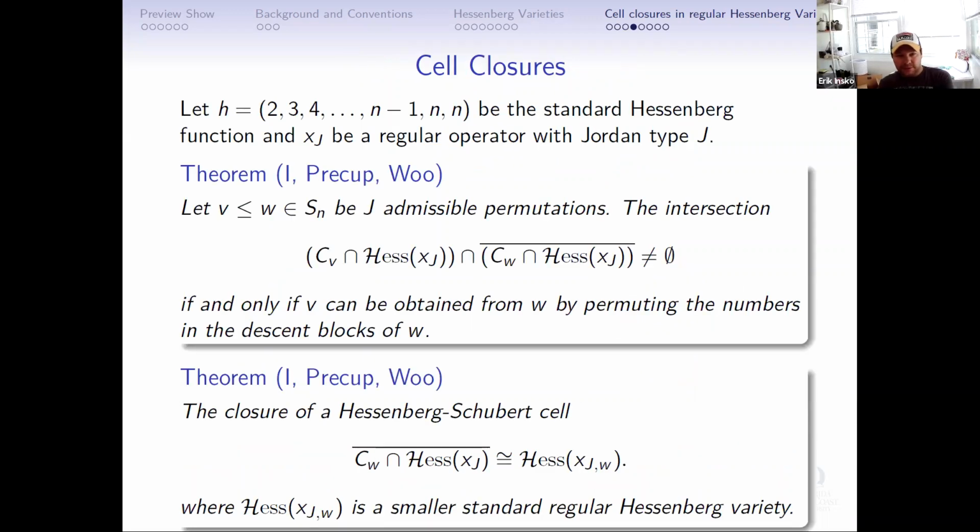Okay, so that was our first theorem, and our second theorem says that the closure of a Hessenberg-Schubert cell is actually isomorphic to a smaller standard regular Hessenberg variety. So what we mean by that is it's a Hessenberg variety corresponding to the standard shape, but in a smaller dimensional